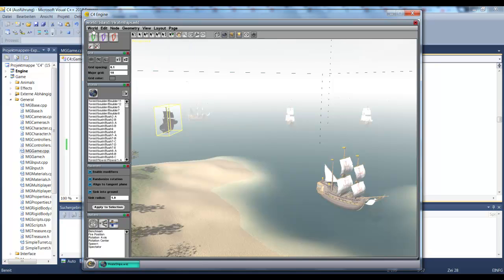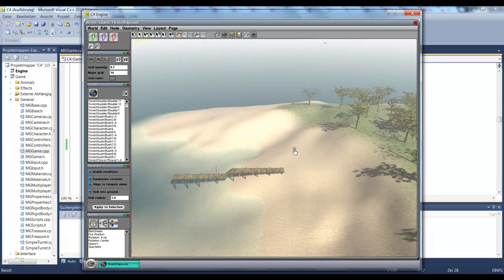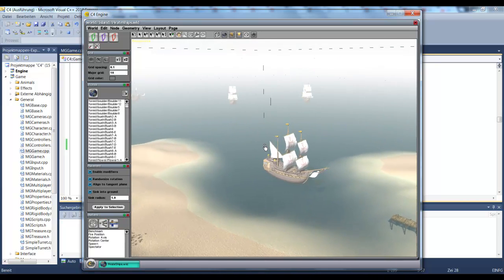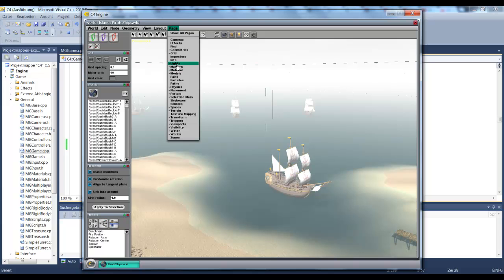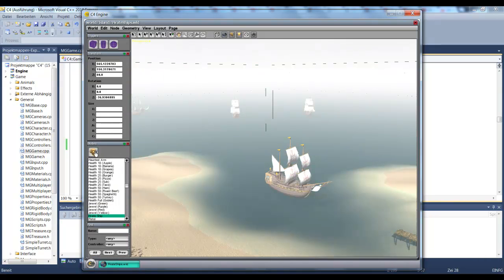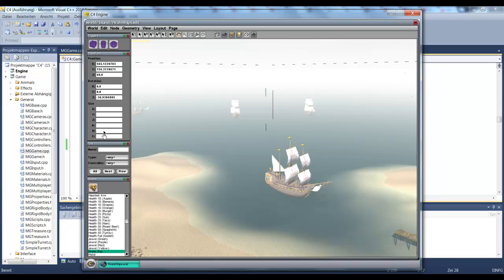Actually, let me just double check that the spawn point here is on the other side of the island. So let's use the find page to find the spawn point. So here I'll just bring up the find page, and the type of node is a marker node,